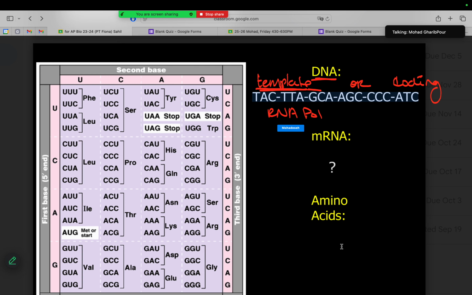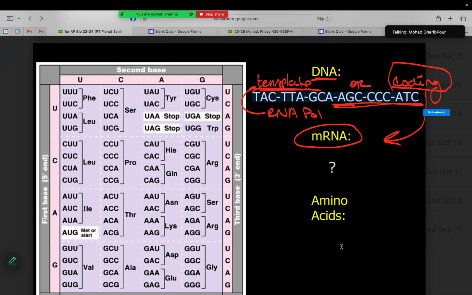The RNA polymerase attaches to the template strand. Coding strand is what looks exactly like mRNA. So if they tell you that this sequence is the coding strand, your mRNA will look exactly like this,